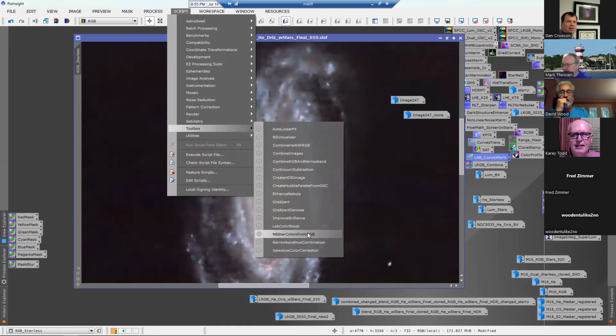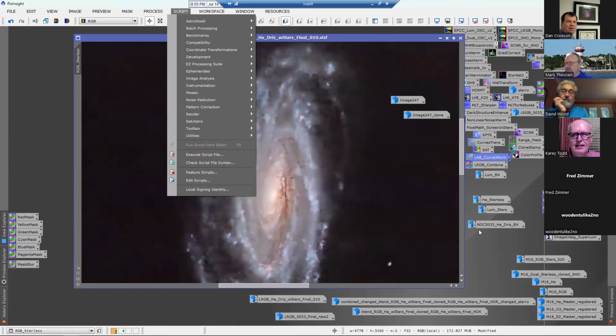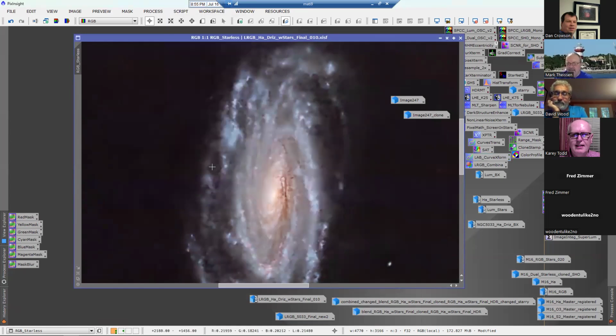And those are about the only ones from his toolbox that I use. But I just wanted to kind of highlight that those are ones that to me seem to bring more Photoshop type tools into PixInsight. And the only other one I wanted to show was